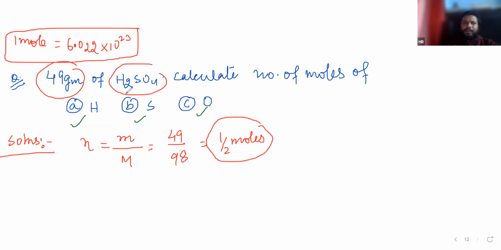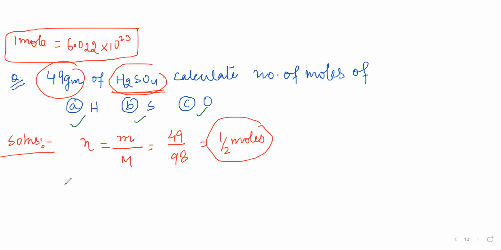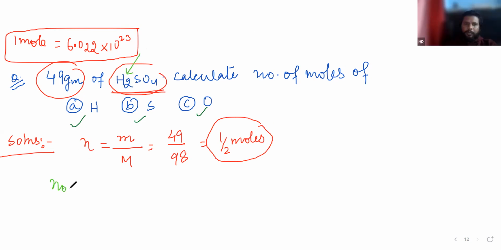Now just see in H2SO4 how many atoms of hydrogen are present? 2. So for the number of moles of hydrogen, you just need to multiply it by 2 and you will get